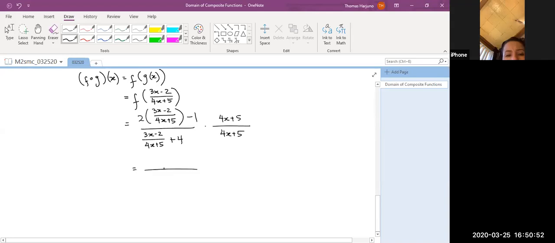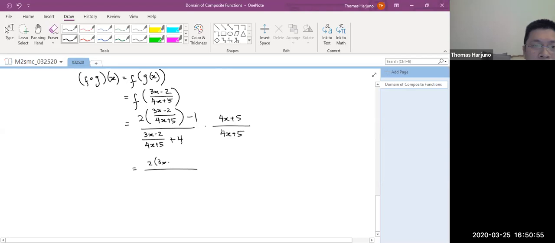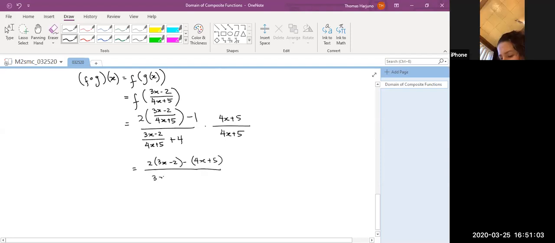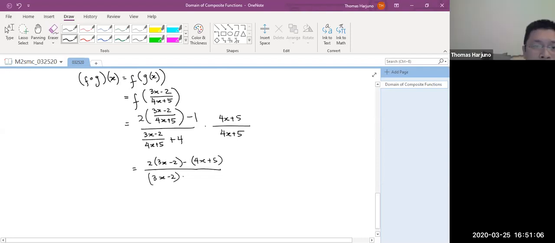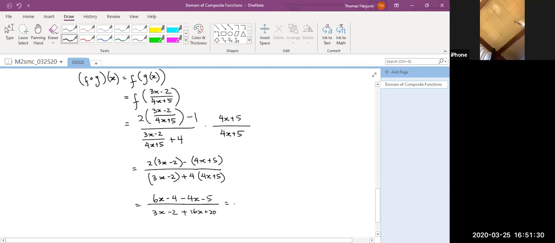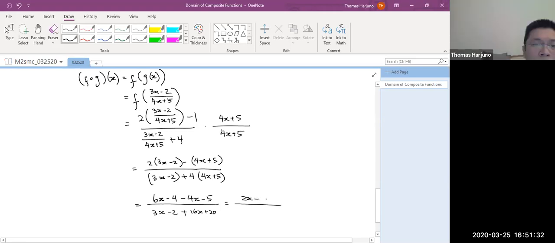And I get 2 times 3x minus 2 minus 4x plus 5 over 3x minus 2 plus 4 times 4x plus 5. That will give us 6x minus 4 minus 4x minus 5 over 3x minus 2 plus 16x plus 20. That is 2x minus 9